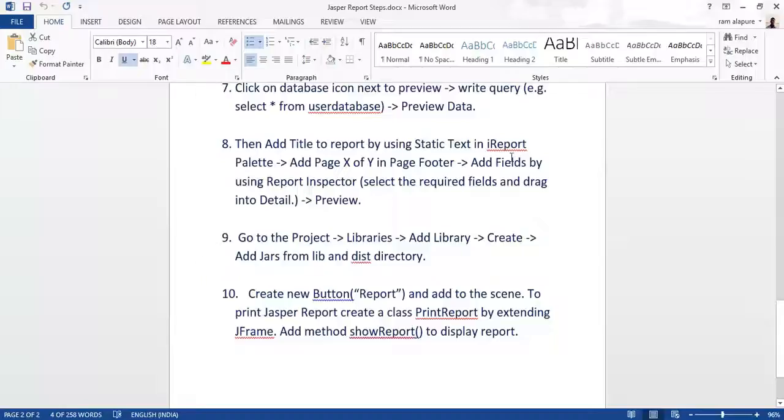Add the title report using a static in a report pattern. Then add page X of Y in a page footer. Then we have added fields by using report inspector, selecting the required fields and dragging into a detail, and we have previewed the report. Now next step is we need to add the library, that is Jasper report libraries in